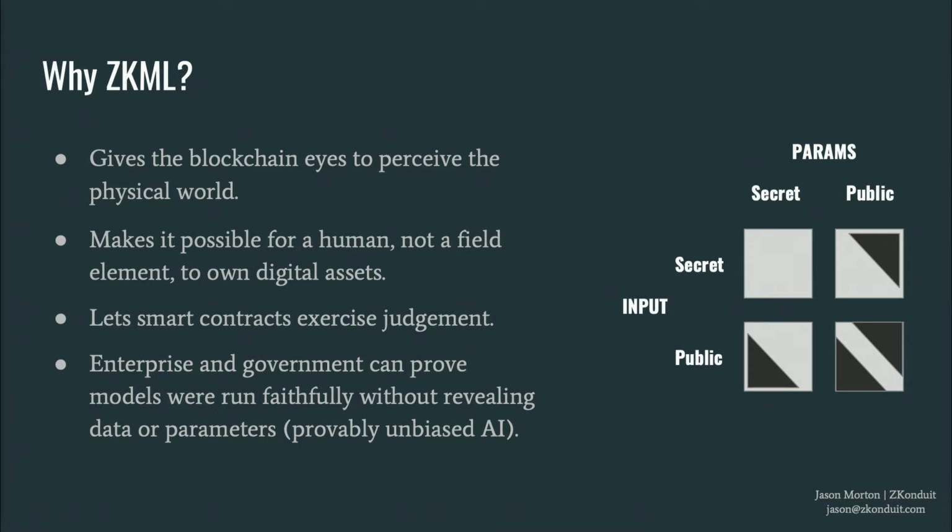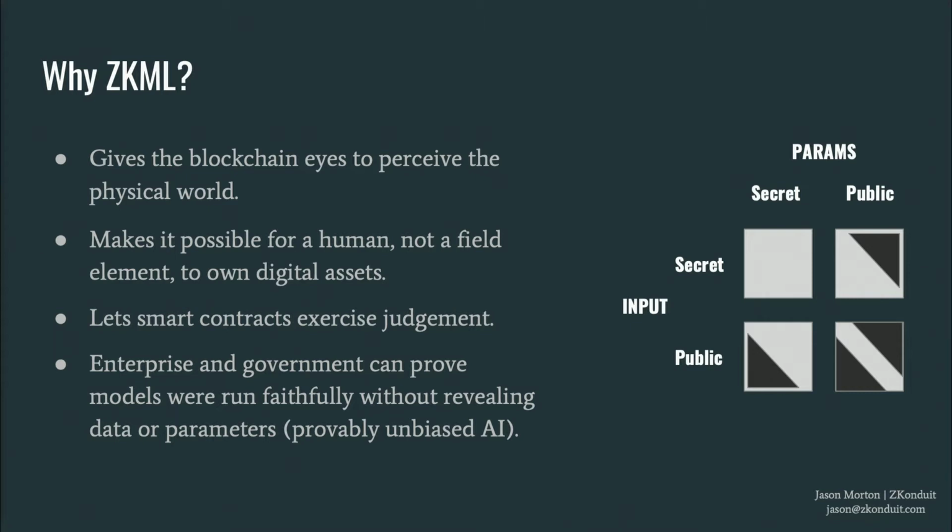The ultimate goal to me is an identity model where we make it possible for a human, not just a field element, to own a digital asset. All our digital assets right now are behind some secret field element, but that's not how we normally own things. Normally, I can say, I want to send 10 ETH to Brian, and any of you who know me would be able to authenticate me and execute that transaction. The fact that we can't do that right now with blockchain is just a technical problem. And I think the solution to that problem involves putting machine learning models on chain.